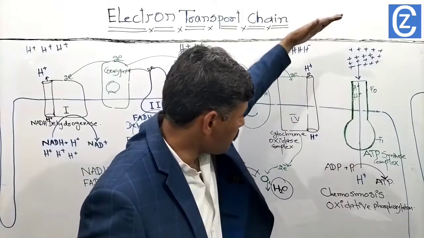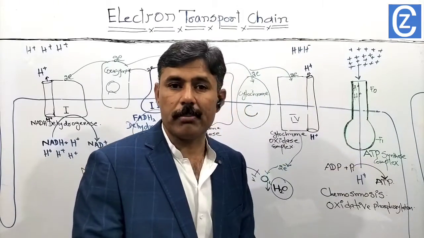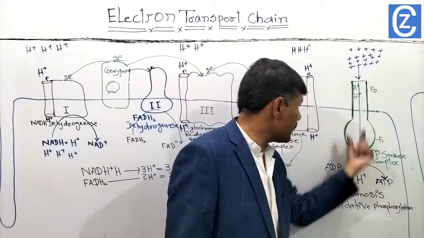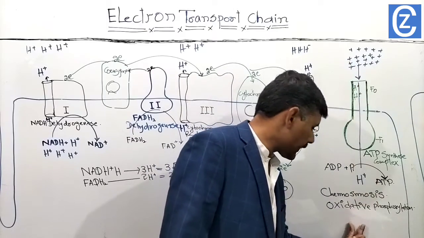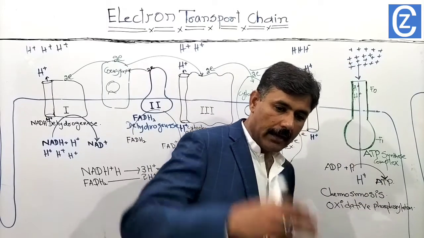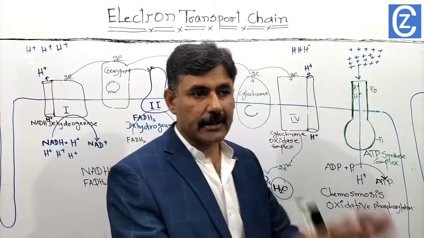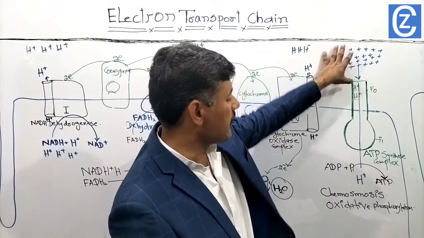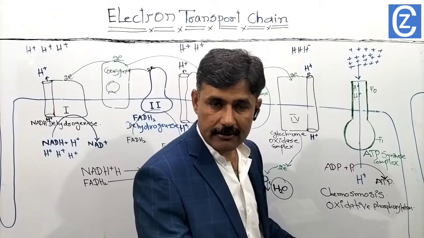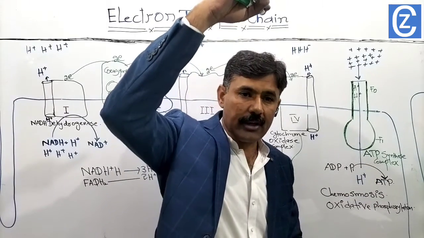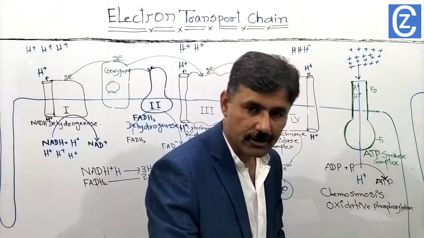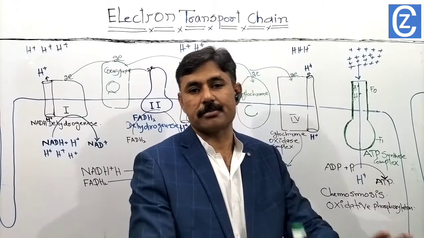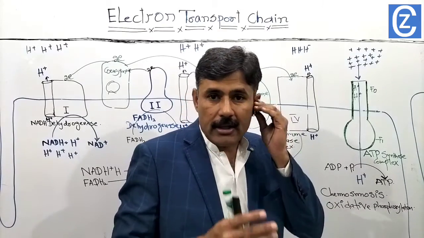And when protons are moving in through this complex, they will move from the inner membrane space inside the matrix. The concentration gradient of protons is higher in the membrane space and lower in the matrix,